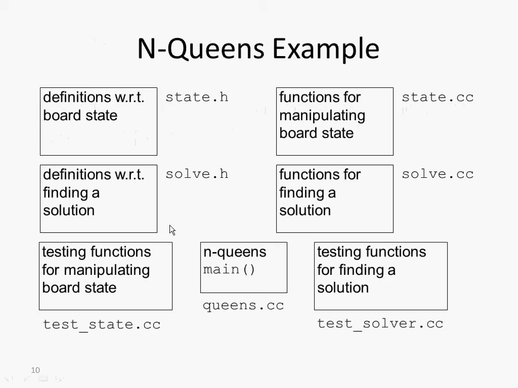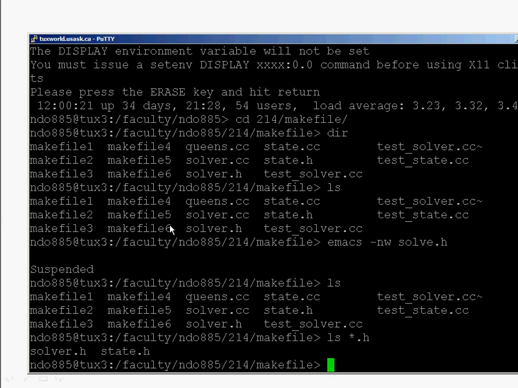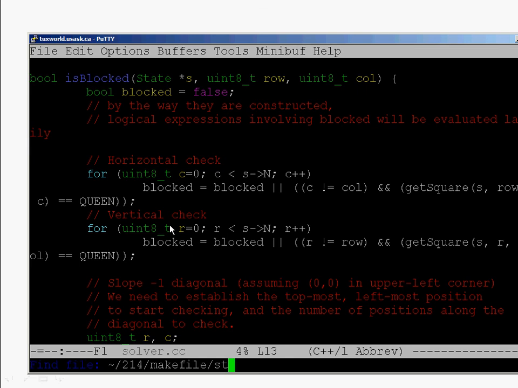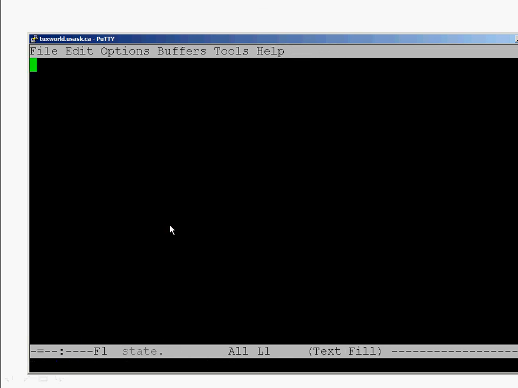Okay, it turns out solve.cc uses it. But this is exactly the point. There might not be perfect knowledge on your part about what uses what. It's easy to forget. At one point, it may be that solve.cc didn't use state.h, now it does. And the question is, if we go and change something, for example state.h here,